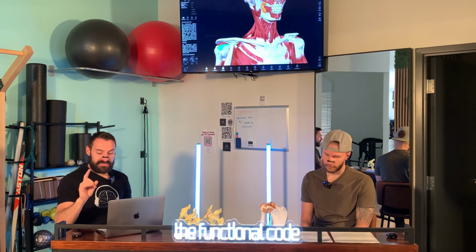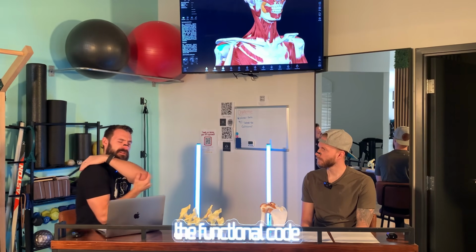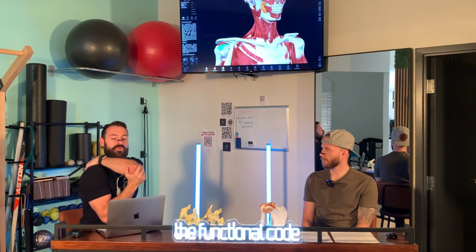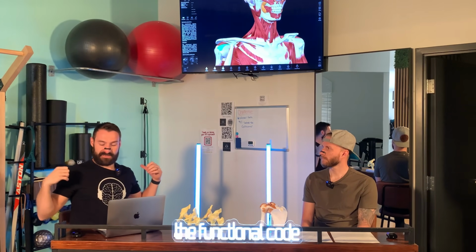I think one thing specifically for the shoulder that can help a lot of people is the scapulothoracic rhythm, which is pretty much between the shoulder blade and the torso. Now, if you want to fix scapular winging, you're going to need movement into that range of motion. So it'd be scapular workspace,